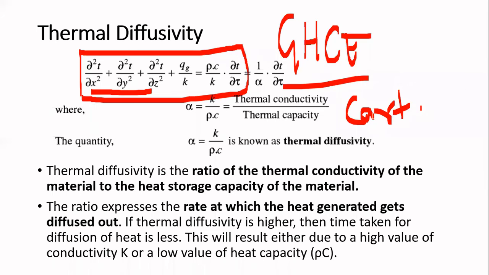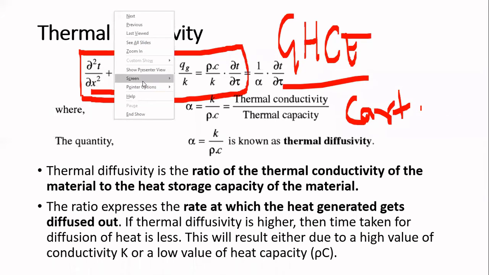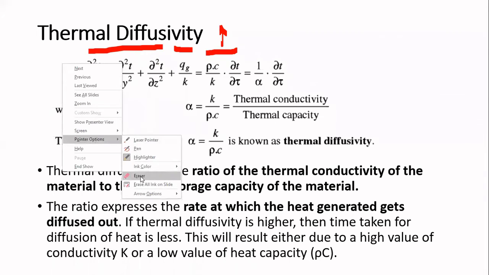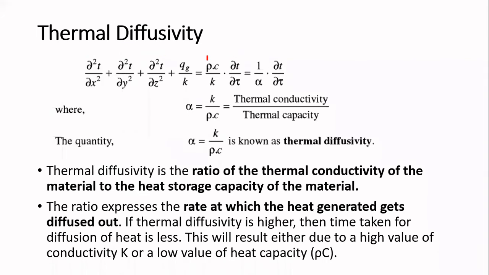Now, if we see the terms of that equation, here the first term is the notation for E in minus E out. Second term denotes energy generation term, and the last term is energy stored term. We are going to focus on this last term. This is the rate at which energy is being stored inside the material. Now here we are getting one ratio. The ratio is rho c by K. Now we have a term which is called thermal diffusivity.